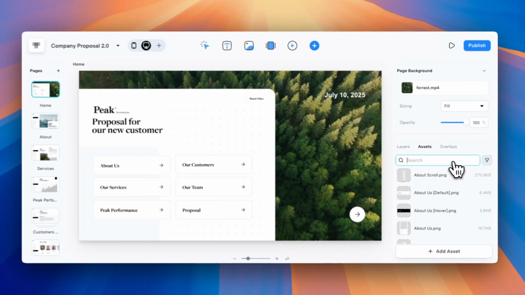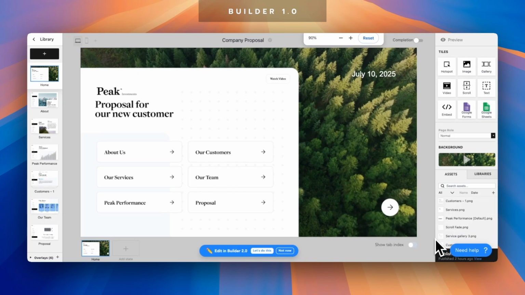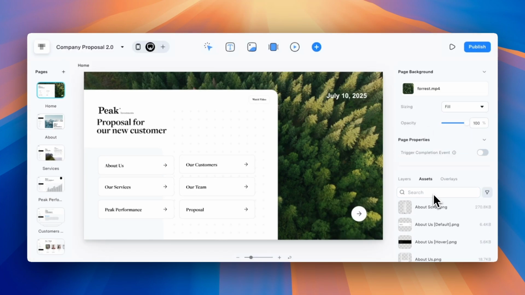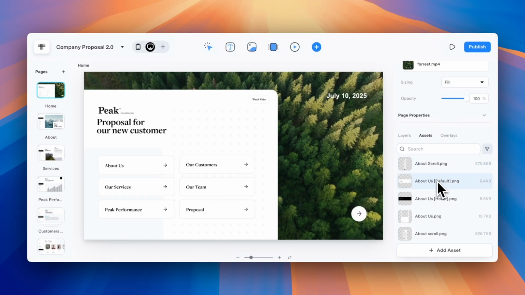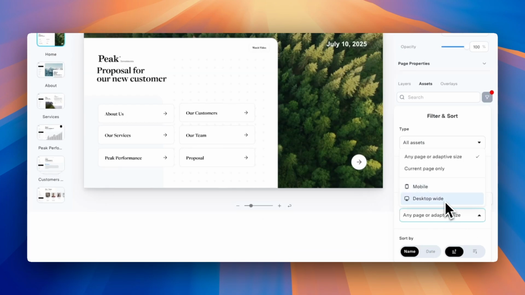asset. Speaking of assets, you might remember in Builder 1.0 that the Assets panel could get pretty shrunk down and you could zoom out on your window to review a few more, but it was definitely a bit of an annoyance. In the new builder, you now have the ability to expand this menu to view more assets, and there are also new filters for you to manage your assets. Viewing assets that are in use versus ones that aren't, sort by date and name, and also view assets across different adaptive formats. So if you had a video background that you wanted to use for desktop and mobile, instead of having to upload that asset twice into each one, you have the ability to select the same asset to